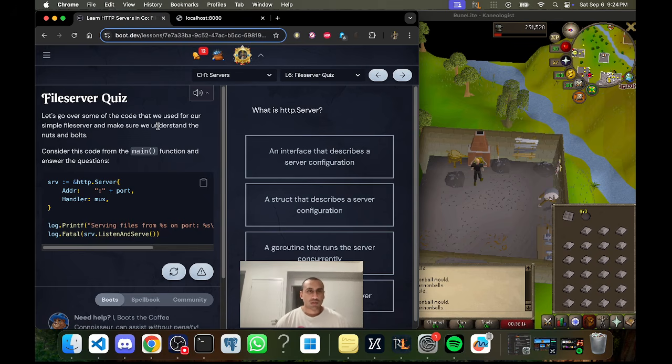Let's go over some of the code that we used for our simple file server. Make sure we understand the nuts and bolts. So, consider this is the code from the main function and answer the questions. So address and port. So we want this to be configurable. Mux is whatever we call mux. So basically,